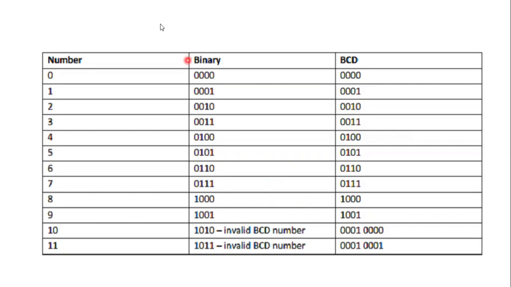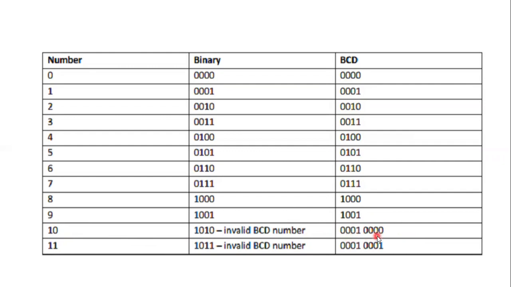Now this is an example of the BCD number. For 0, the binary is 0, BCD is 0. Like that 1, 2, up to 9, the binary and BCD are the same. Then for the number 10, the binary is 1010, but it is not a BCD. So we represent the BCD separately here, 1 and 0. The binary of 1 is 0001 and the binary of 0 is 0000. Therefore, 10 in BCD is